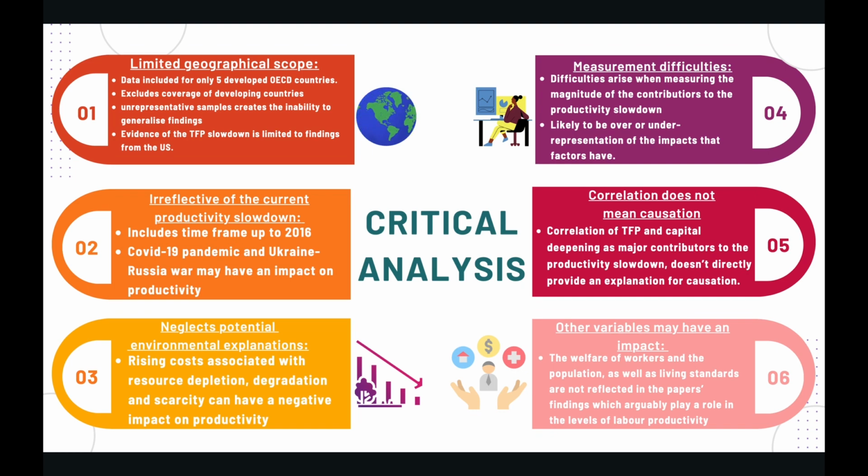growth. Although there is correlation between TFP levels and capital deepening and the productivity slowdown, this doesn't directly provide an explanation for causation. Difficulties may also arise when measuring the magnitude and extent of the contributors to the productivity slowdown, with the likelihood of under- or overrepresentation of factors. Finally, other variables excluded from the paper, such as welfare and living standards, arguably play a role in affecting the